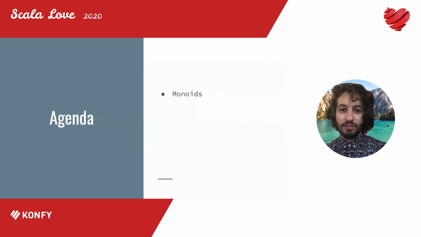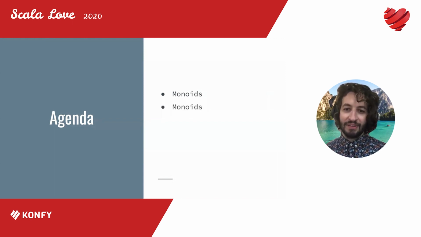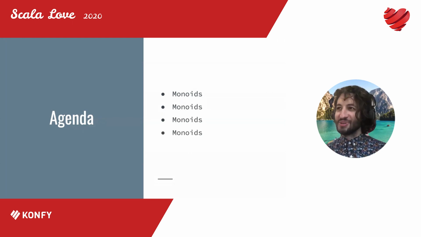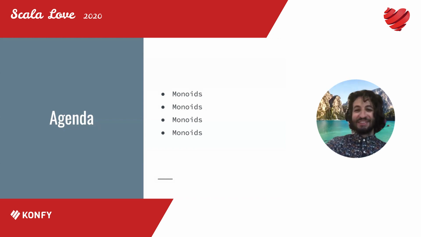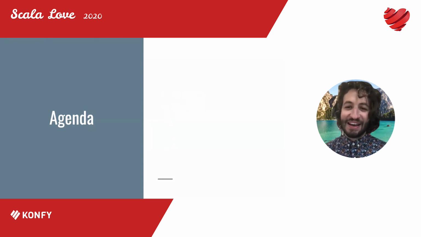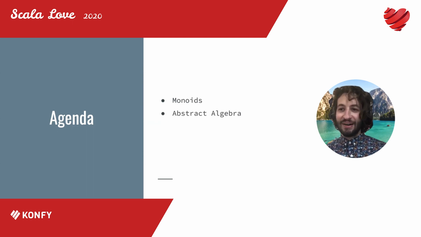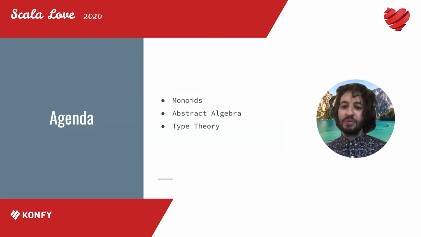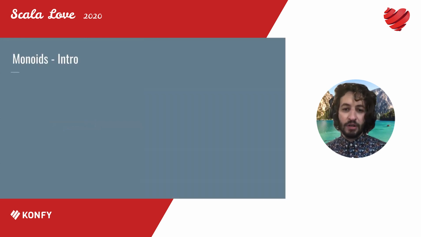I am going to talk today about monoids, obviously. And then after that, we will be talking about monoids, some more monoids, and lastly, but not leastly, monoids. No, okay. I did this joke before, and usually when you can hear the audience laugh, you know that it landed, but now I don't know. But for real though, I'm going to talk about monoids, but I'm also going to talk about abstract algebra and how monoids and abstract algebra relate, and also type theory and how that plays into the past 2 points.